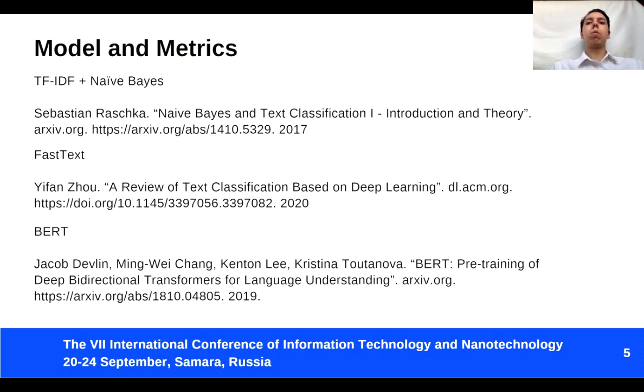As I said before, in this study we used BERT and FastText models. Also, we compared them both to the TF-IDF combined with naive Bayes approach. Let's take a closer look at each of them. TF-IDF plus naive Bayes. Term frequency-inverse document frequency is one of the simplest text vectorization methods, with subsequent